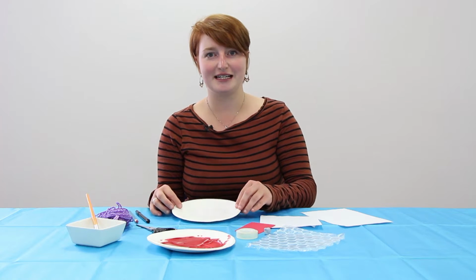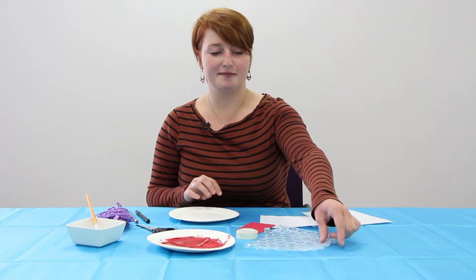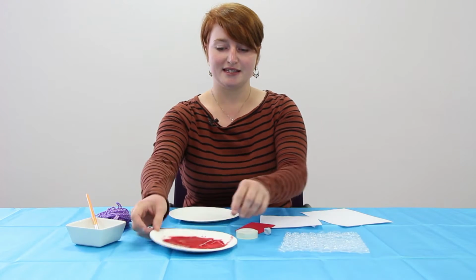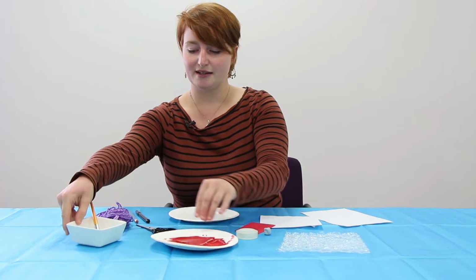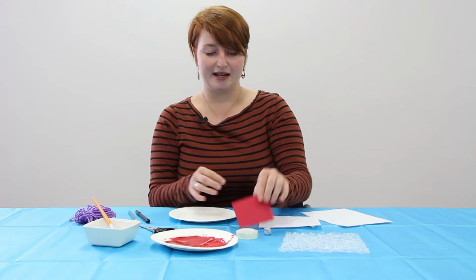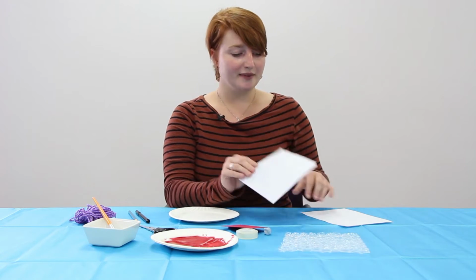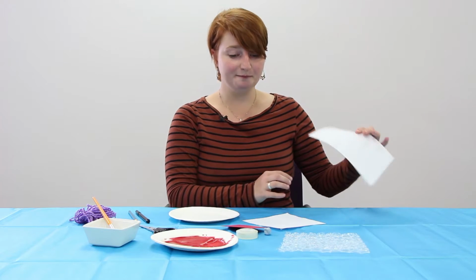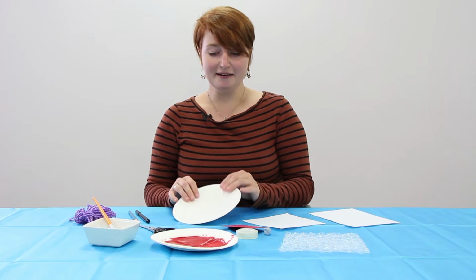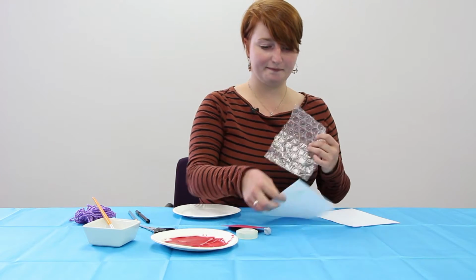For that you will need one paper plate, it can be large or small, some bubble wrap, some red paint, some glue, some wool or string, a little piece of red card, some white paper and just a scrap of paper. So to begin, you take your plate and you take your bubble wrap